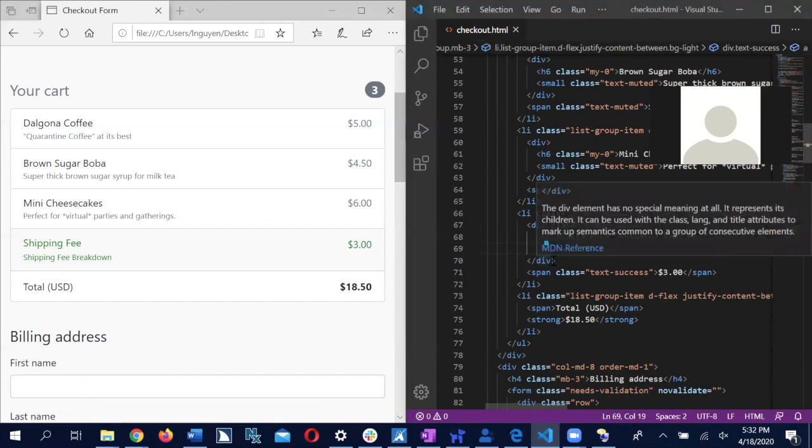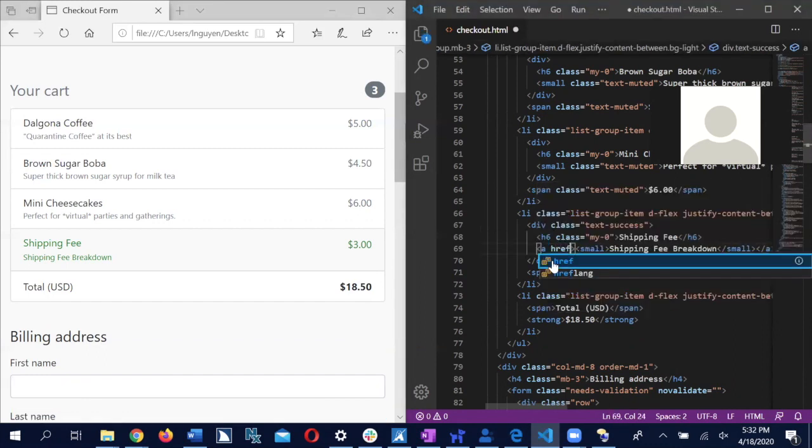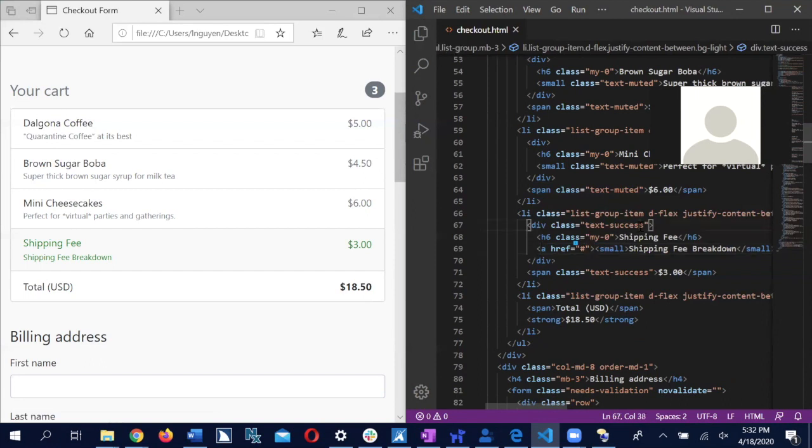So in the editor, I would put href with a double number sign. By doing this, the browser will recognize that this is actually a link and will give it keyboard focus by default. So if I refresh the page,